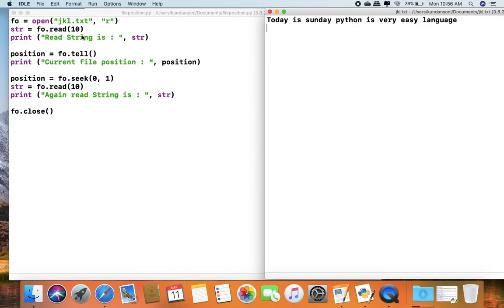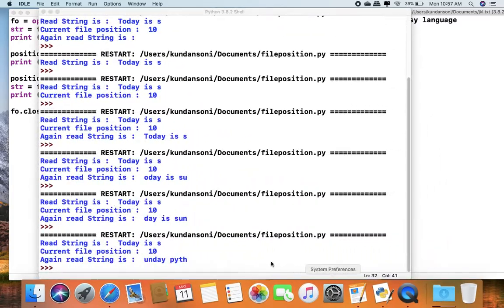Our current position is 10, so it will print from the 10th position, 10 characters. From the 10th position, 1, 2, 3, 4, 5, 6, 7, 8, 9, 10, it will start from here: U, N, D, A, Y. So the current position is at U, and it will print 10 characters. Our output is from the 10th position: U, N, D, A, Y.